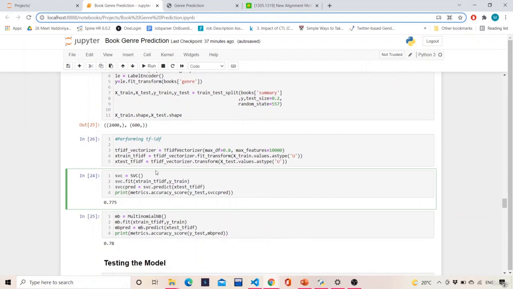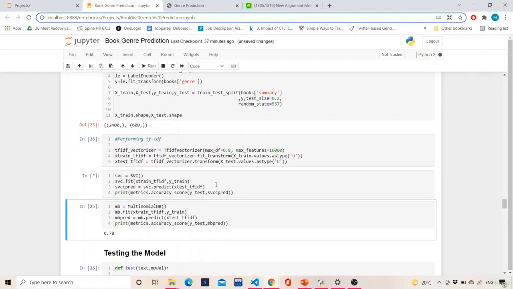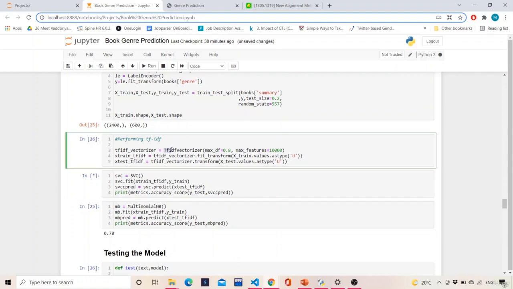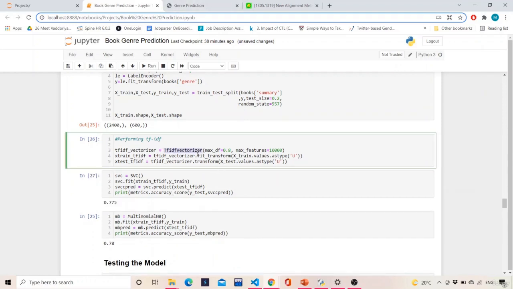So this is the support vector classifier which we are defining. We are passing in the training data, and we are predicting on the testing validation data. This will take a little bit of time, because support vector classifiers internally use a lot of computation. They use the kernel trick, where the kernel may be RBF, linear, polynomial, or many other kernels available in support vector machines. They will use all those kinds of kernels, and behind the scenes all the computation is done. So here with SVC, TF-IDF vectorizer gives, I think, good results, because it is using some kind of mathematical formulas behind the scenes.